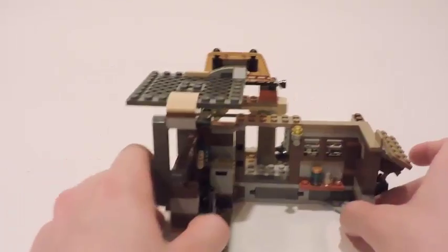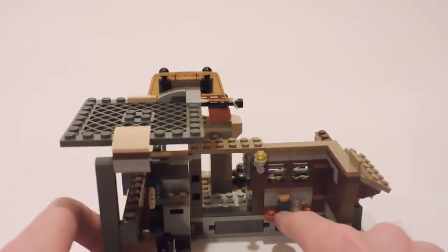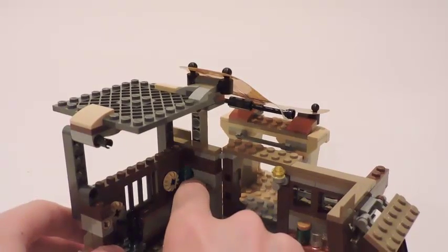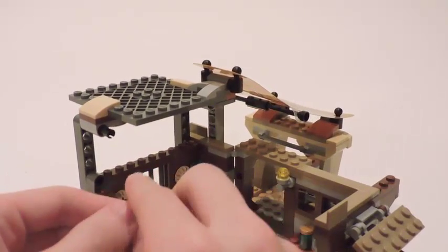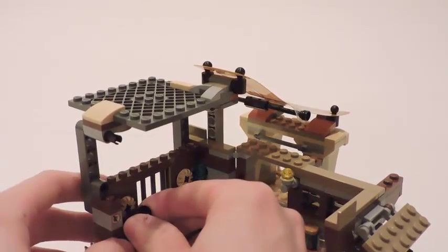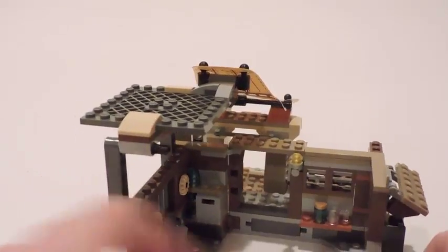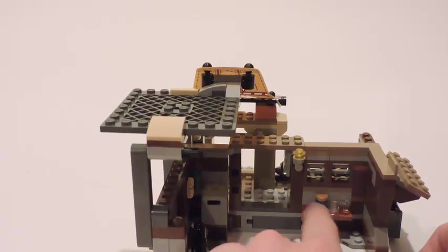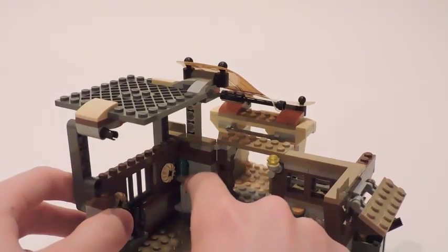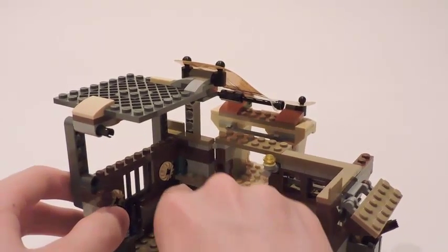And as you can see here, while we have this open, it's got some nice detailed stuff in here. He's got a bunch of stuff in here. He's got some extra ammo right here for his stud blaster that he uses for any criminals that are trying to steal stuff from him. He's got his mug over here. He's got some ammo over here, wherever that is. And over here in this box, he's got his